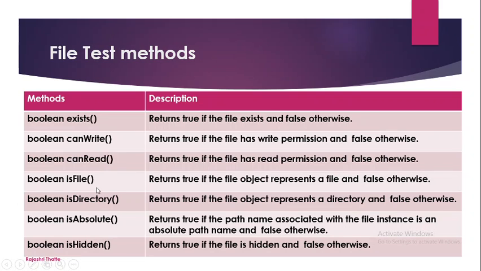Whatever object we have for the File class, sometimes it may be required to check whatever it is going to refer to, whether it is really a file or not. For that I can check isFile. I is small, F is capital, two words, same convention is applied. After calling this method, let us consider f2.isFile.